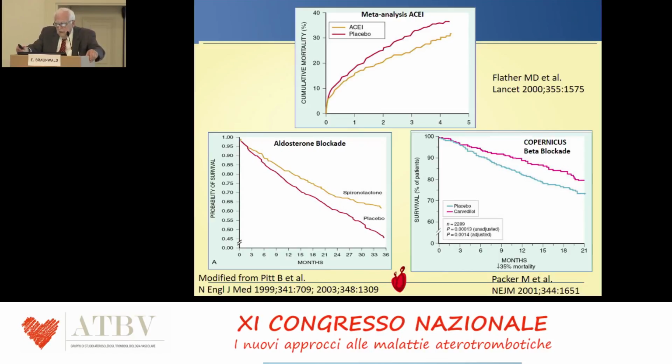The slide on your bottom right is a beta blocker, 25% reduction in mortality. And then the spironolactone, the mineralocorticoid receptor antagonist, also reduction. So these are accomplishments. I don't want to say anything other than that these are very important advances in heart failure, because